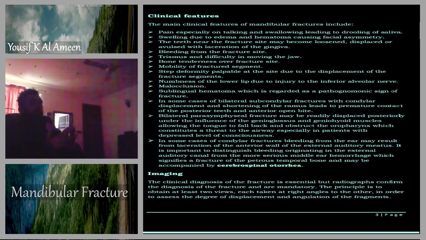So we have at this point anterior open bite in some cases of bilateral subcondylar fracture with condylar displacement and shortening of the ramus that leads to premature contact of the posterior teeth, allowing the tongue. Bilateral parasymphysial fracture may be readily displaced posteriorly under the